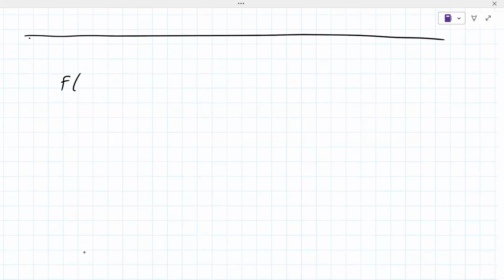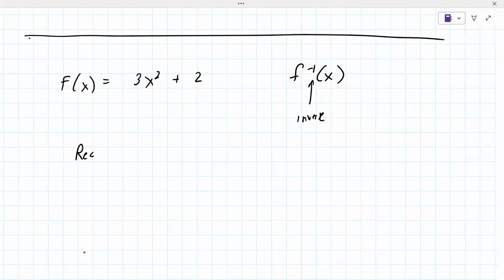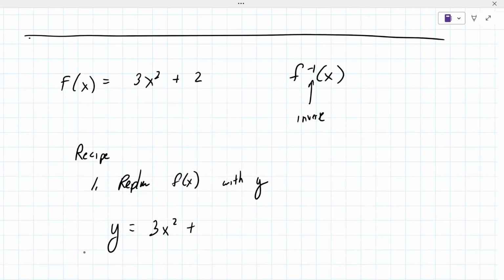So let's say f of x equals 3x² plus 2. And we're asked to find f inverse of x. This means inverse. So there is a recipe, a set of steps to follow to determine the inverse. So the first thing is to replace f of x with y, which doesn't seem like a big deal, but it is important to do the